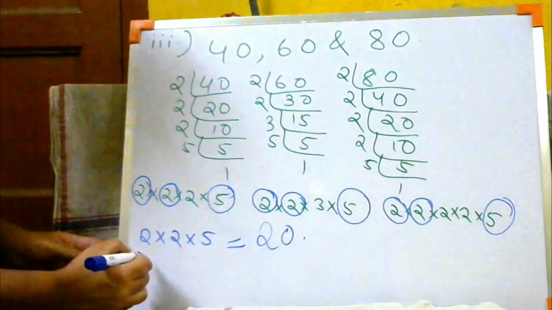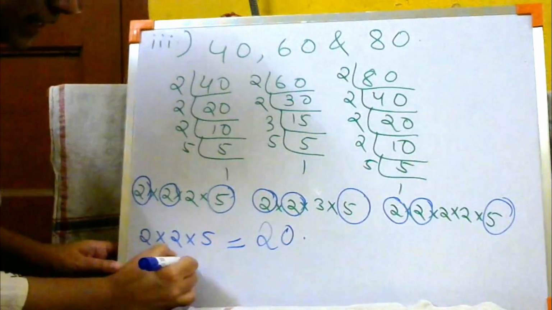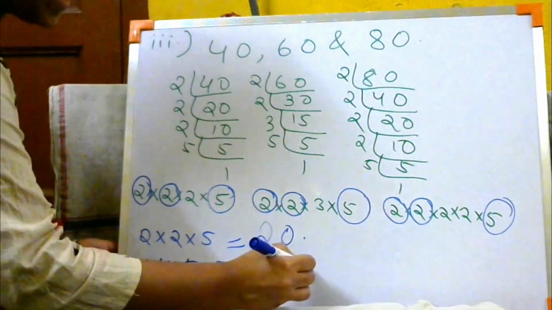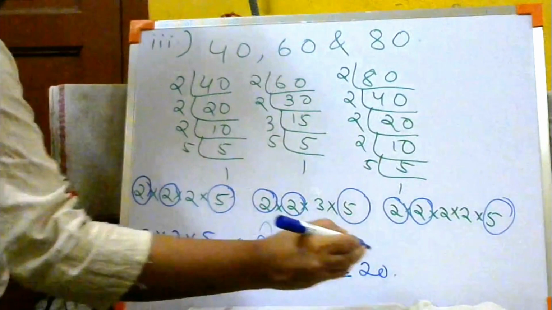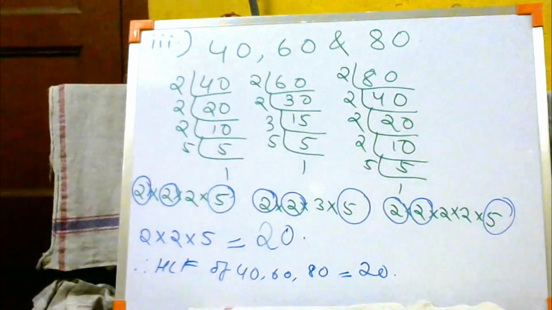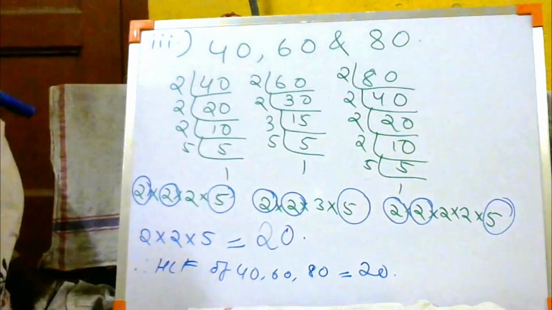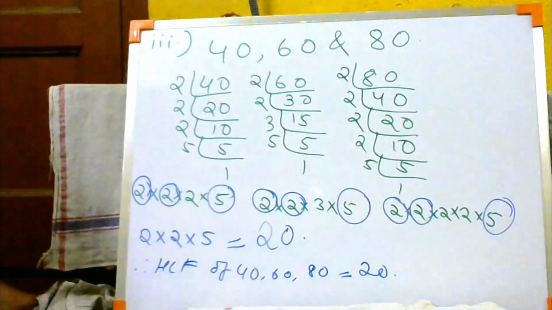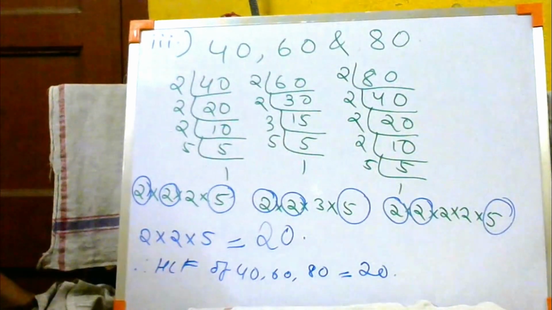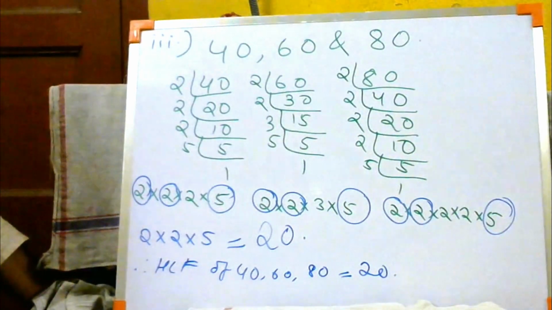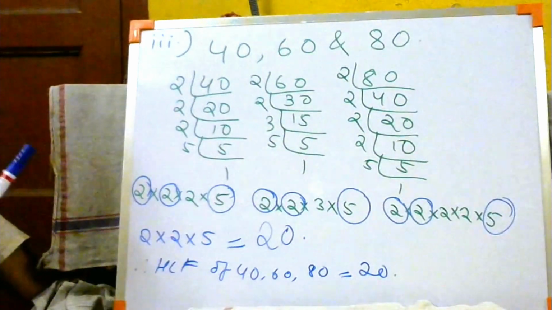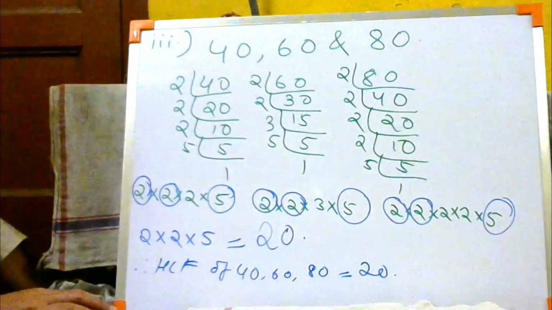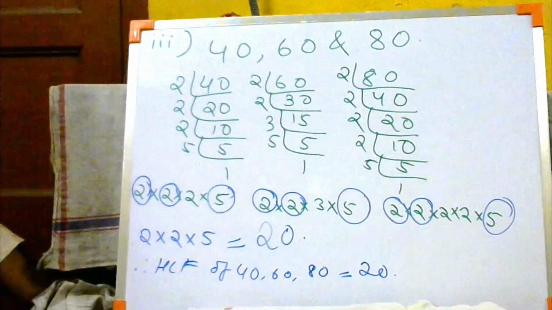Understood? So therefore, the HCF of 40, 60 and 80 is equal to 20. 20 is the HCF of all the three numbers. If there is any doubt you people are facing, please ask those doubts, but don't stay in doubt for life. Clear? Okay, thank you class. Next class we are going to do HCF by the division method. So please practice these sums. Keep practicing, keep it in mind, because next class I might give you some sums to do as homework. Clear? Thank you class.